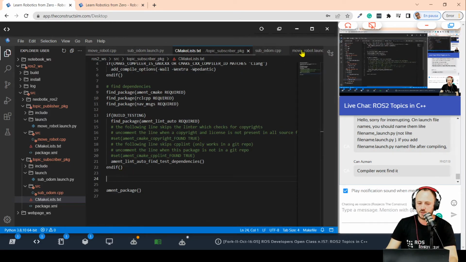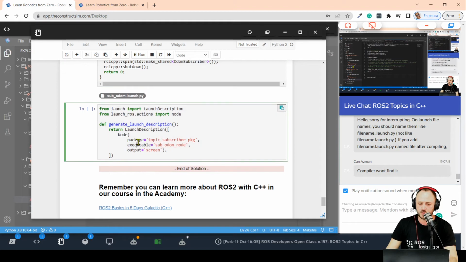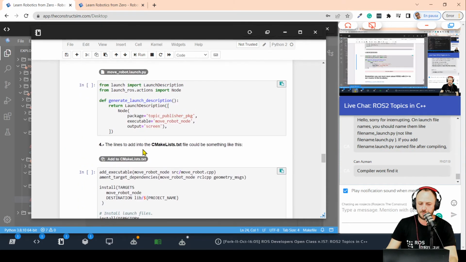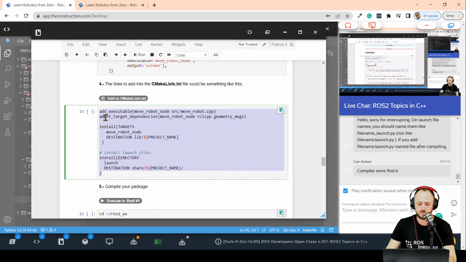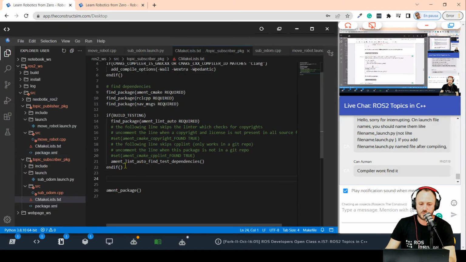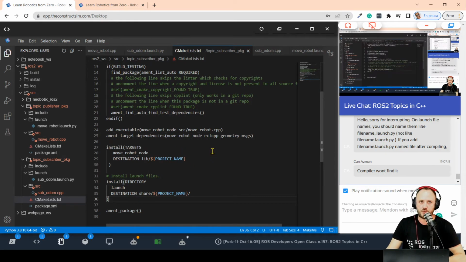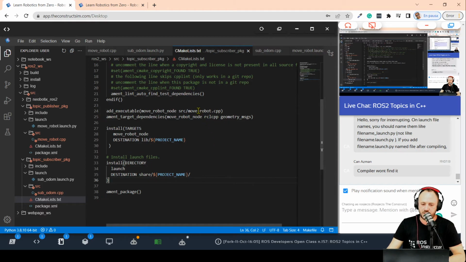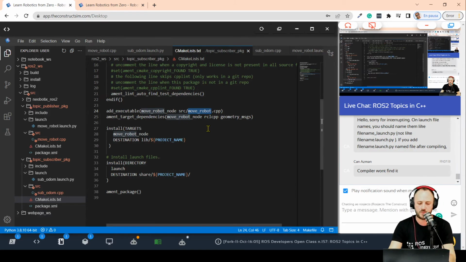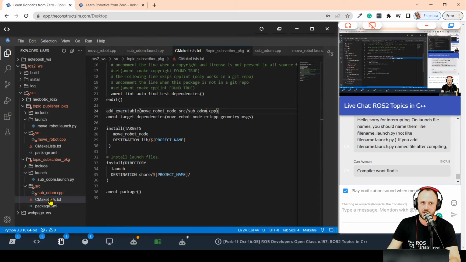So here, in order to go faster, I'm going to copy the structure from the publisher example, and then edit it for the subscriber. So the first thing is that the name of my script is not move robot, right? It is sub_odom in this case, sub_odom. Now the name of the executable, I'm going to name it in this case